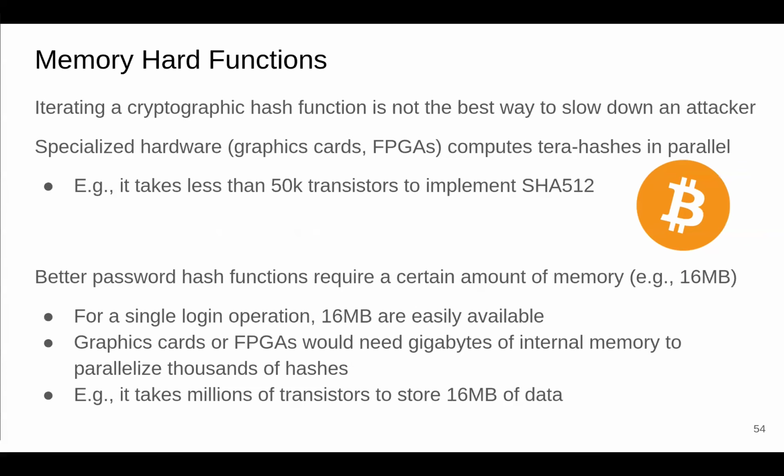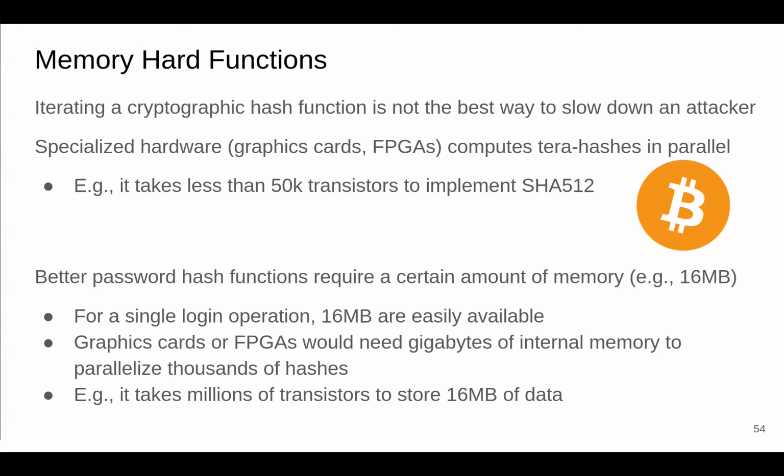Okay, so on to memory hard hash functions. Iterating a cryptographic hash function is not ideal to slow down an attacker because an attacker may just throw much more hardware at it, either specialized hardware or FPGAs. Graphic cards are used for 3 different approaches. Few people use them for gaming. A lot of people use them to train their machine learning models. And the NSA buys billions of graphic cards to run in their server center to crack crypto hashes for you. So it's not ideal to use just more iterations.